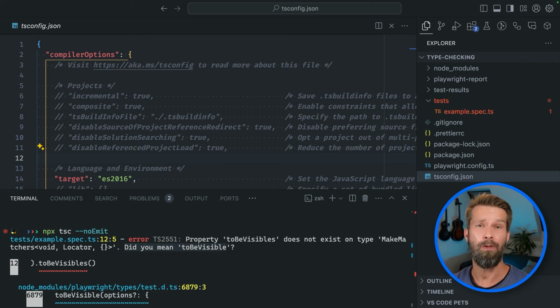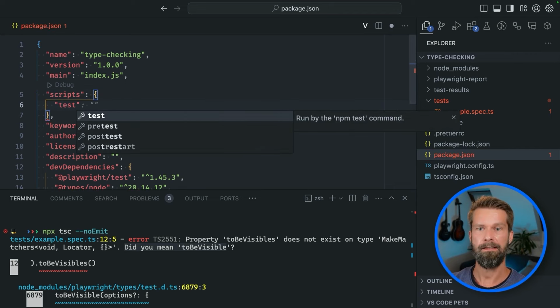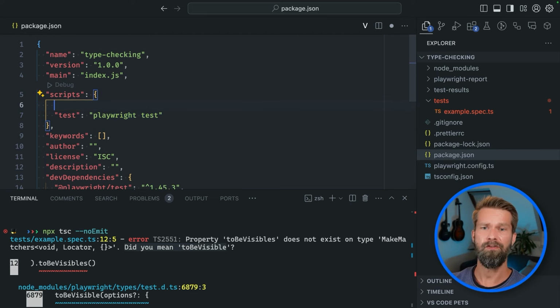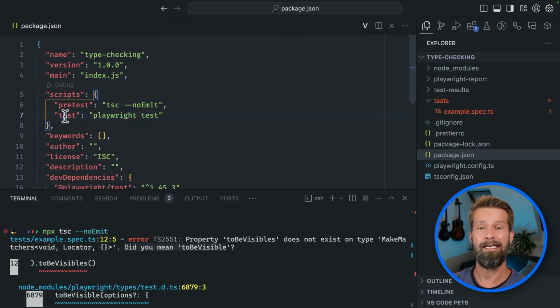So now that we have our type checking command, we can reshuffle some things and make sure that our code is valid before we pass it over to Playwright. I like to do things in npm scripts, so let's add a test command and we will run Playwright Test from here. Note that when you wrap things in npm scripts, you don't have to call npx, but I don't want to run TypeScript here. I rather want to have another pretest script in which we then can place our tsc noEmit call. So whenever I now run npm run test, this script here, due to the pre convention, will